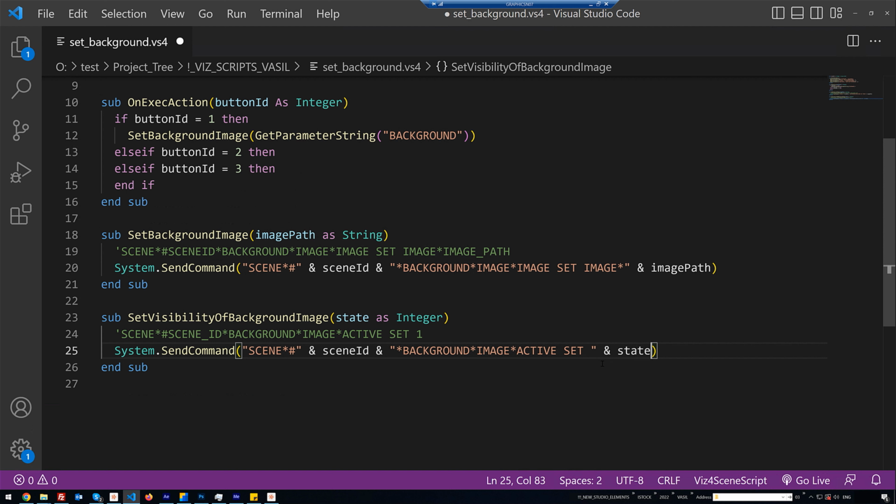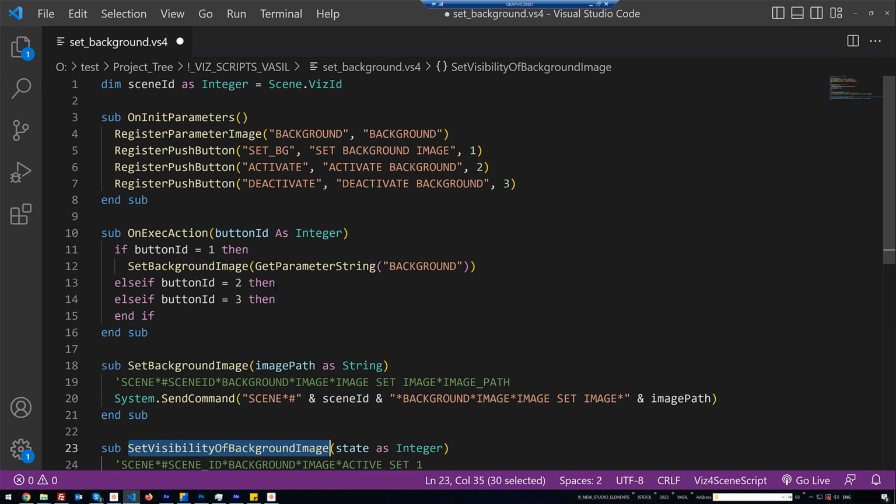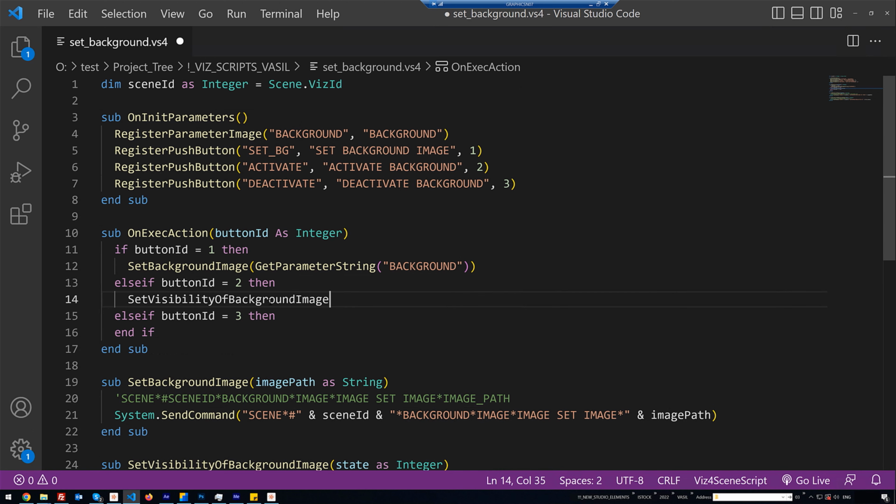But we have a problem. State is integer, but the command is string. Then I must convert this integer to string. We know how to do that. Just use cstr and pass the parameter state. And that's all. Now copy the name of the subroutine, and when button ID is 2, then set visibility of